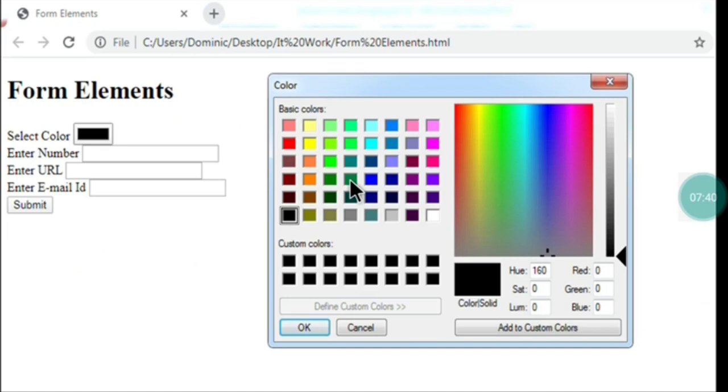Now I am going to show the output of the program. So once you double click on the saved file, you will see an output like this. So this is your program output, where I put the h1 tag and I have written form element. It is printed in large font size. Look here, form element is printed in the large font size.